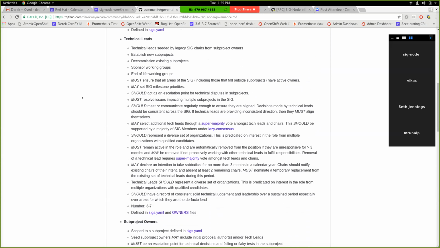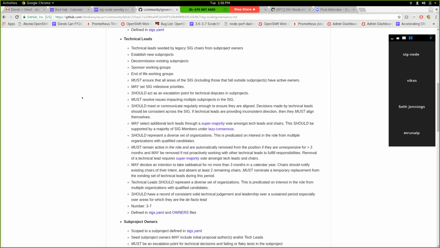And just from convention, from what the steering committee had pushed out, the initial list of technical leads would be seated by existing chairs. So if folks are interested in being a technical lead of SIG Node, I think Dawn or myself would be interested in knowing that. So please reach out to us. But basically a technical lead should be someone who's well seasoned in the project, has a lot of breadth of experience, and they have some unique powers for subjects that we've been discussing over the last couple months, especially with